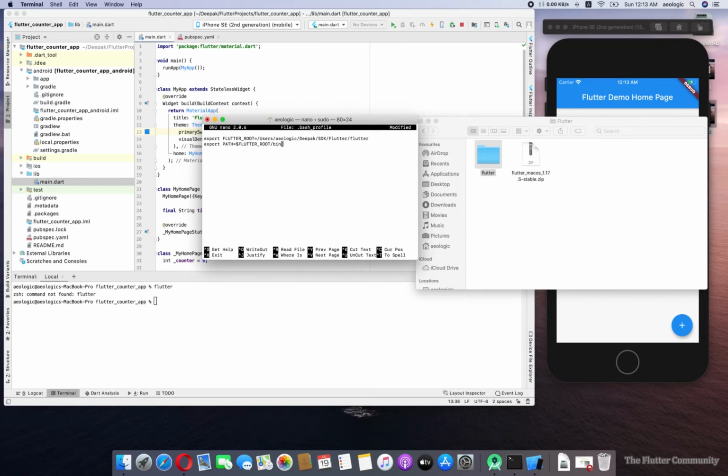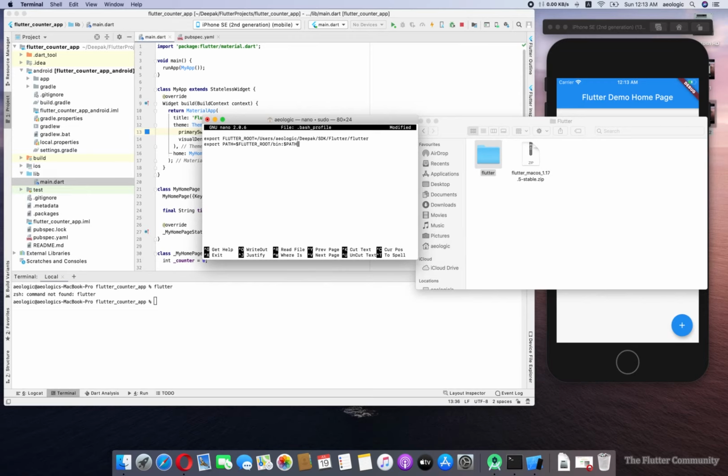The Flutter SDK path. I have given the path, but if we do it this way, it will replace all the remaining path addresses with this path. So we will add the remaining path reference here. Now it's fine, it will work.